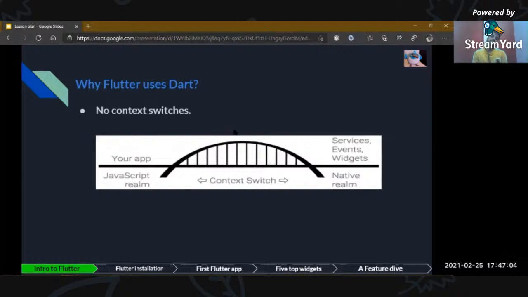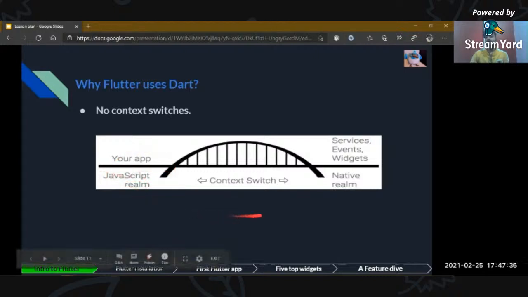The next reason why Flutter uses Dart is there are no context switches. If you see here, at the UI front you will have your app or JavaScript UI code.